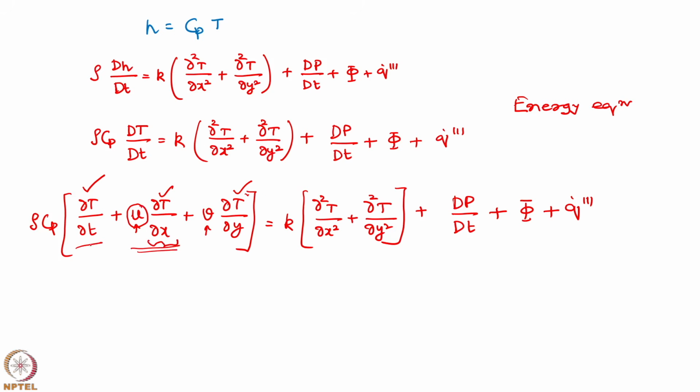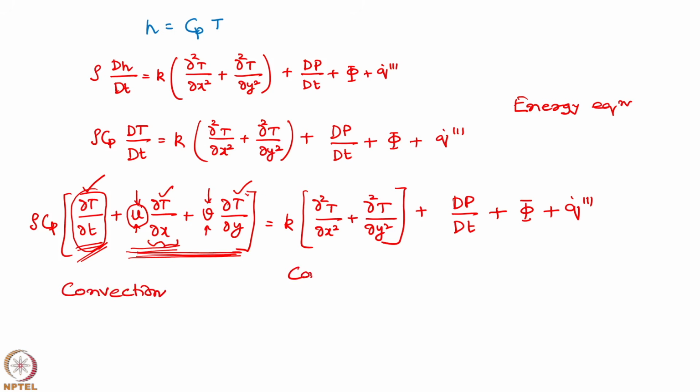But if someone hits me with an ice ball while entering, I will experience an instantaneous temperature change, that is ∂T/∂t. So these terms are because of temperature variations by virtue of convection, that is u and v, because they have the velocity, and this is the instantaneous temperature change. So this is the convection term,